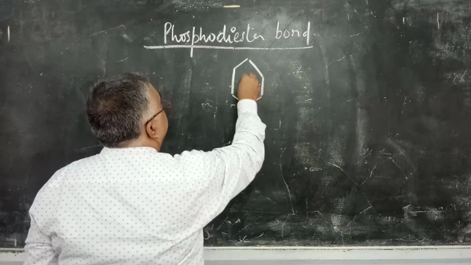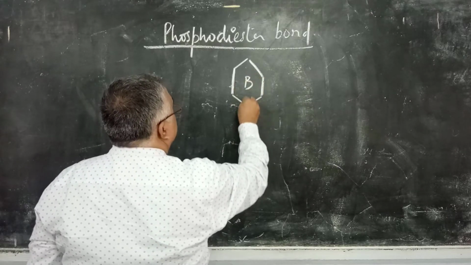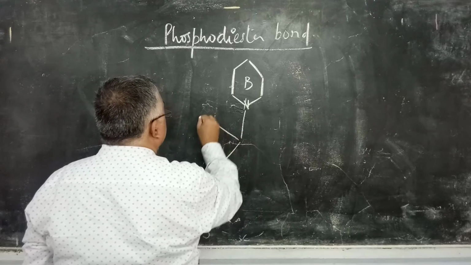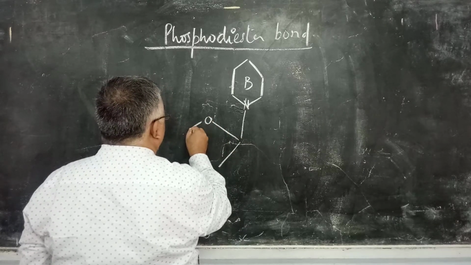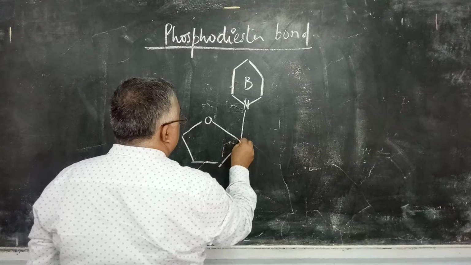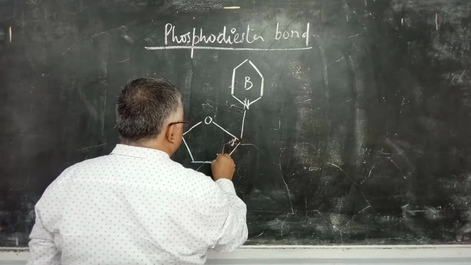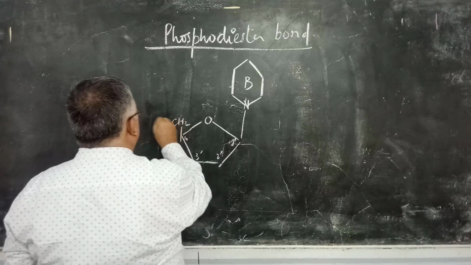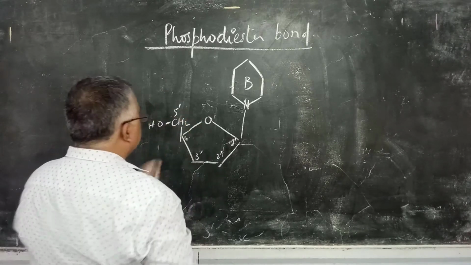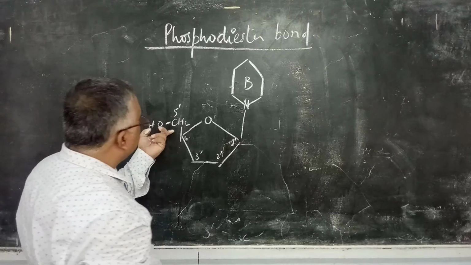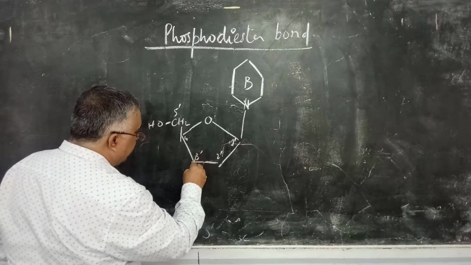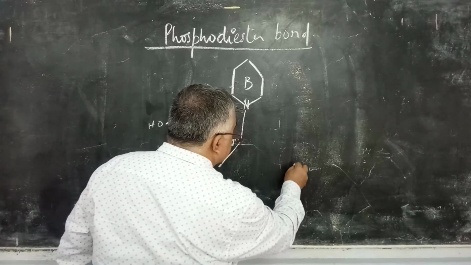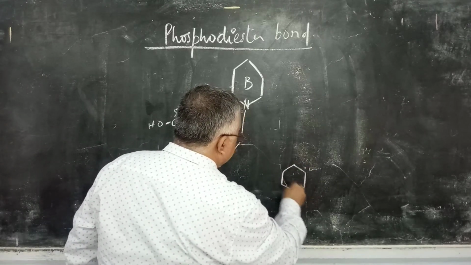I am, for example, drawing a pyrimidine base which has N here, and then it binds to a sugar. Now this is 1' carbon, this is 2' carbon, 3', 4', and CH2OH, this is 5' carbon. Suppose this is the first carbon, and now we have an OH group here, and if we have another base, say for example it is a purine base,